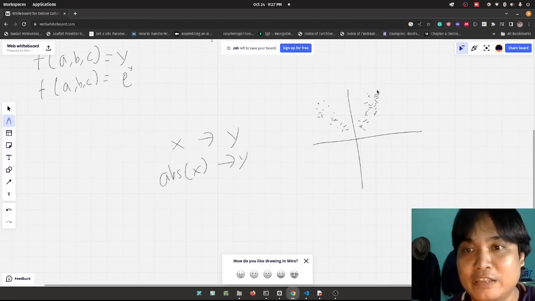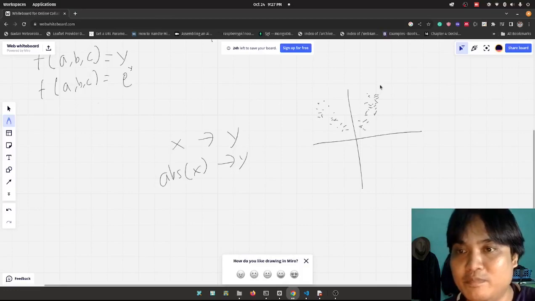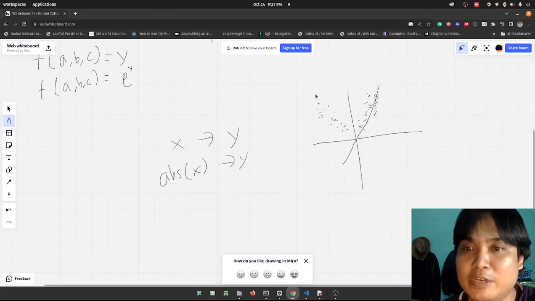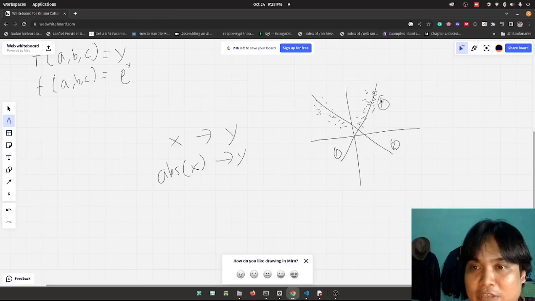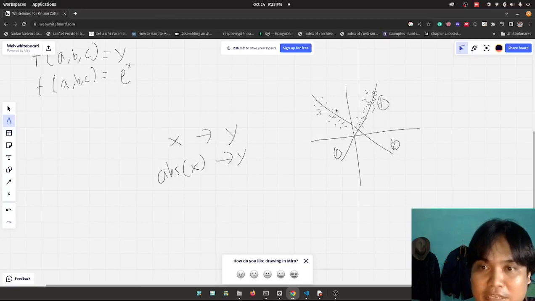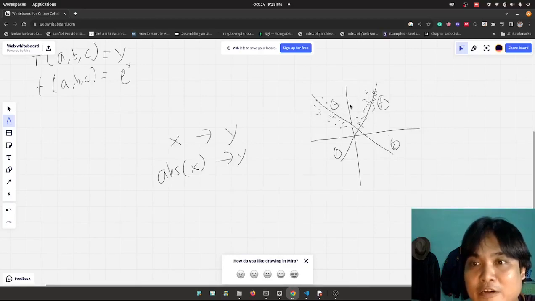And to represent this relationship, we cannot just make it one line. We must make two lines like this. Because we have two lines here, for example this is line 1 and this is line 2. In line 1, as you can see, there is a positive correlation, but in line 2 it is a negative correlation. So when we determine the correlation, they cancel each other out.